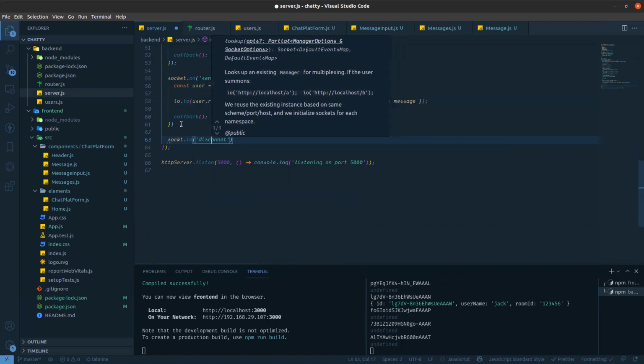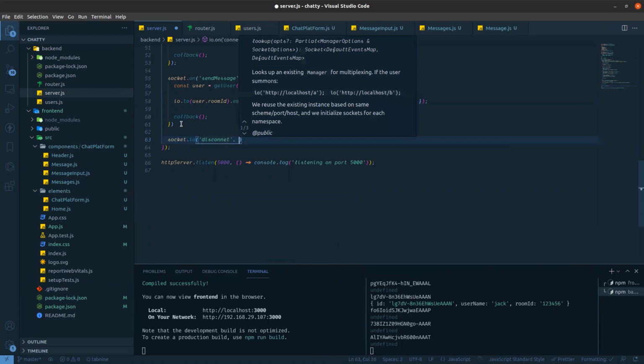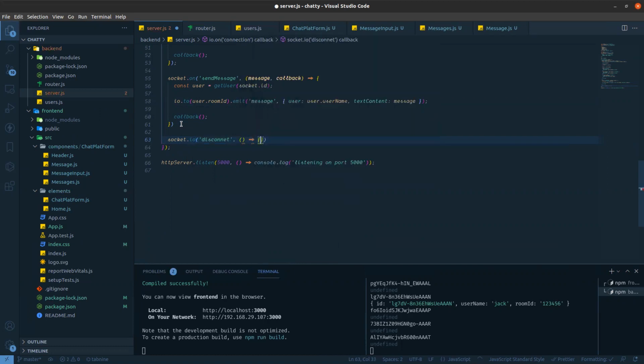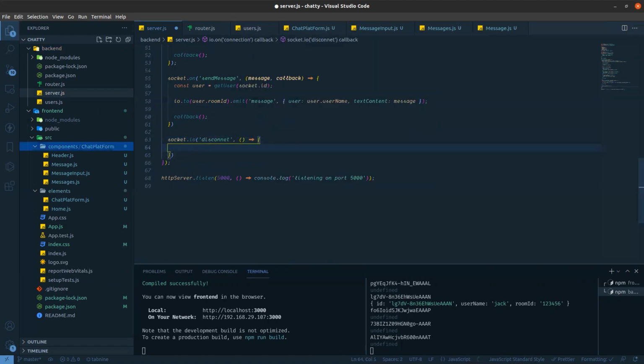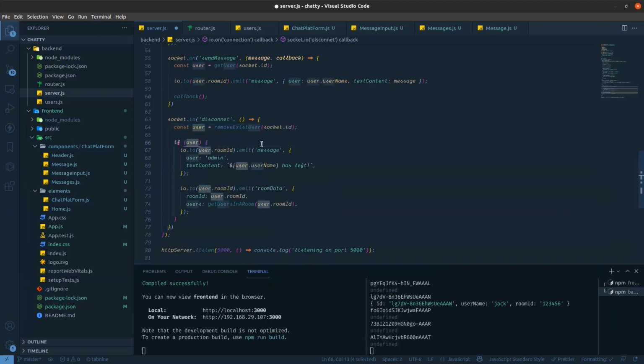So in socket.io, when the event is disconnect, we need to remove that user first. If that user has been removed, it will return some ID, which means the user has been removed.